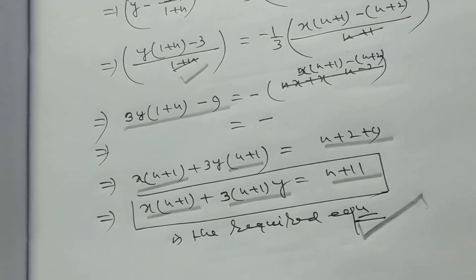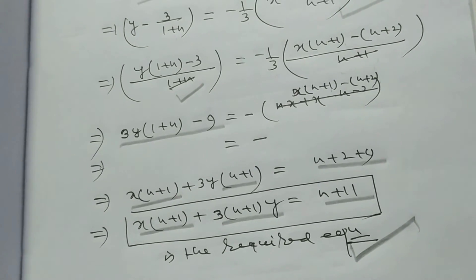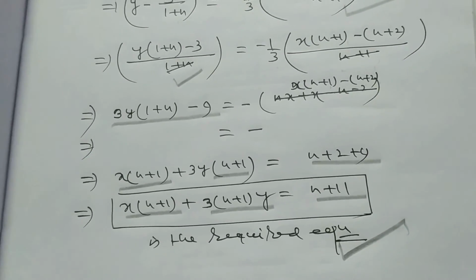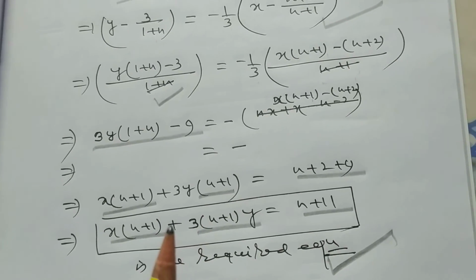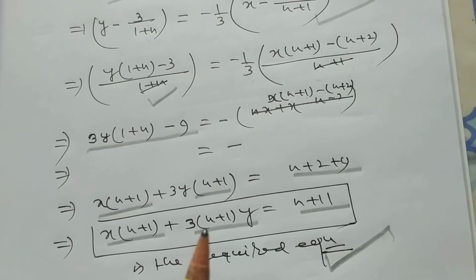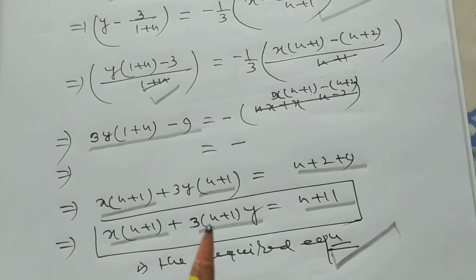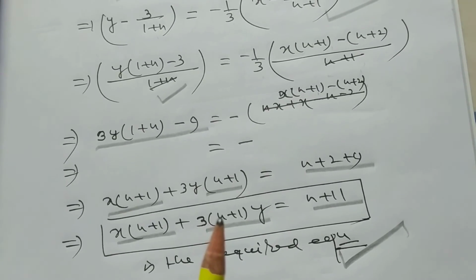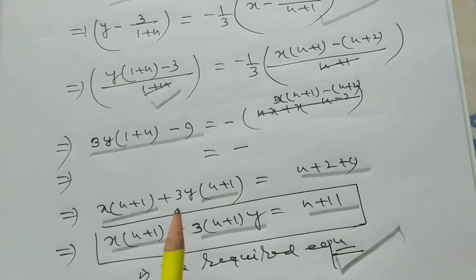In this way, we can solve the maximum problems by using the same concept. So to get the equation of a straight line, we must have the coordinate of a point and its slope. So in this way, if we apply this concept, then definitely your solution of the problem will be different from the book.